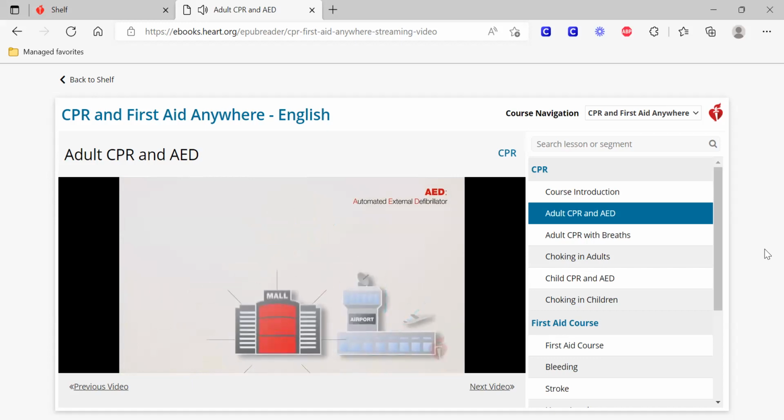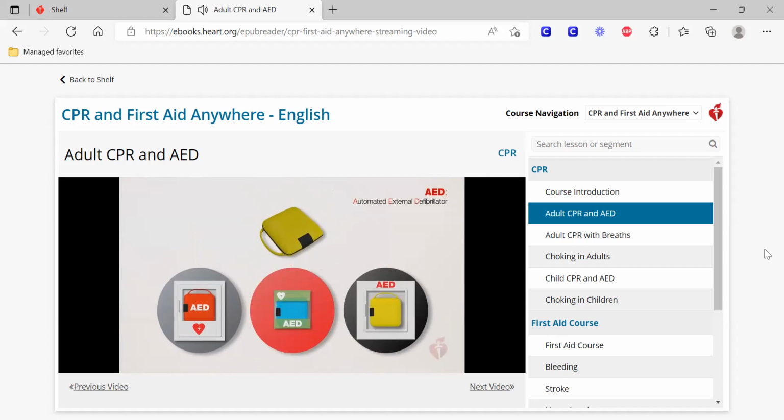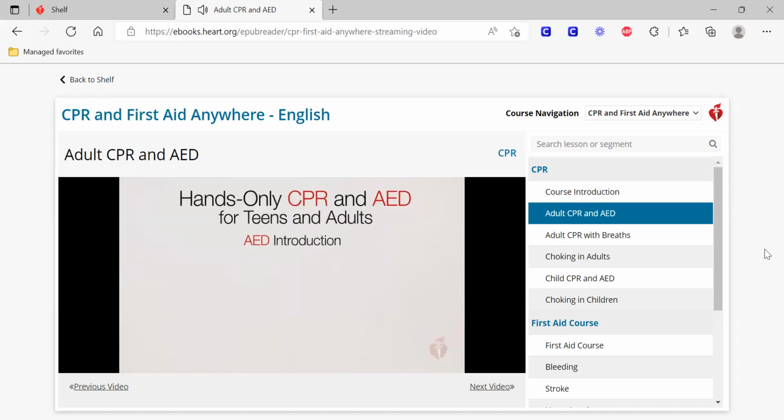Many airports, shopping malls, workplaces, and other public places now have AEDs you can use to treat cardiac arrest. If one is available, have someone phone 911 and bring you the AED. AEDs are often mounted on walls and have visible signs posted near them to help you locate them. By the end of this section, you'll be trained on how to use an AED.